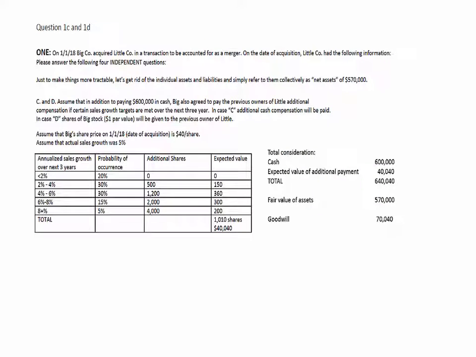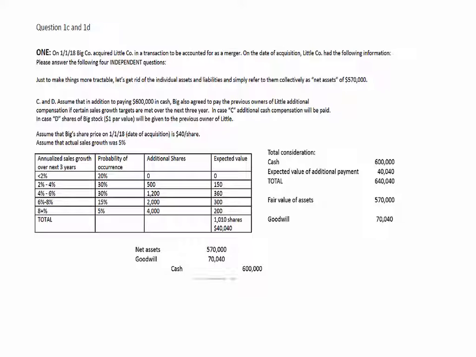Again, first thing we have to do is figure out the goodwill or bargain purchase. So we're going to take the total value of the compensation, $600,000 in cash plus $40,040 of this expected additional equity issuance, for a total of $640,040. The fair value of the assets is once again $570,000, for goodwill of $70,040. So we record the acquisition, again net assets at fair value, we record the goodwill, we record the cash payment,